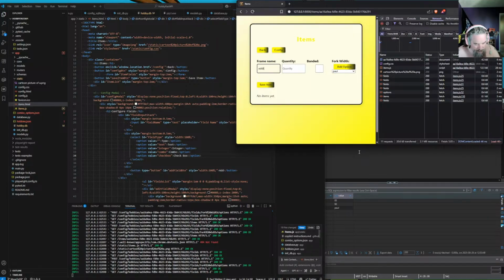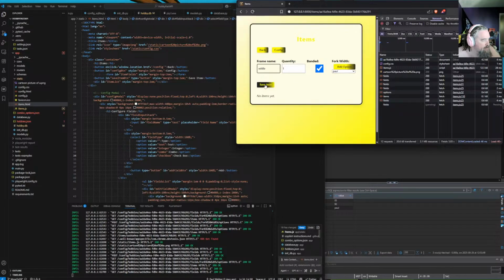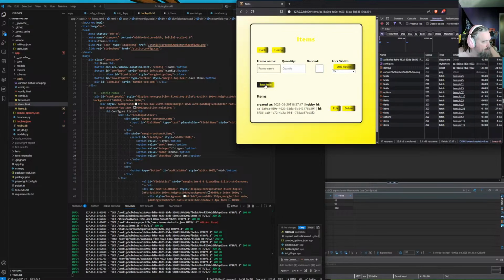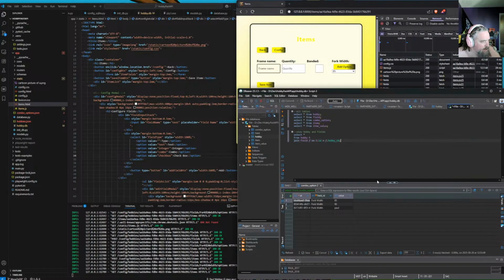So frame name is Eddie. Quantity of 1 is banded. Okay, so everything looks